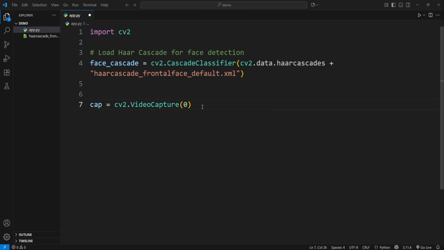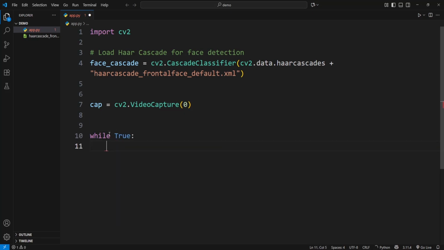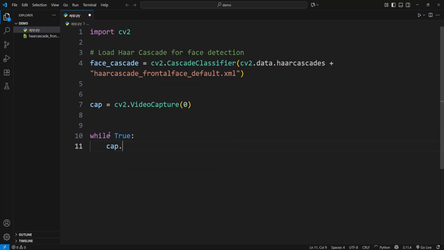Then we need to read the frames using a while loop. I want to read every frame from the video capture. So here I'm going to type while True. Then inside this while loop, I want to read the frame. So type the cap.read method. And as you know, this cap.read method returns a total of two results. It returns a boolean value and a frame. So to store the boolean value,